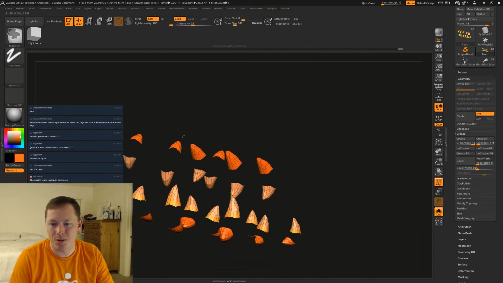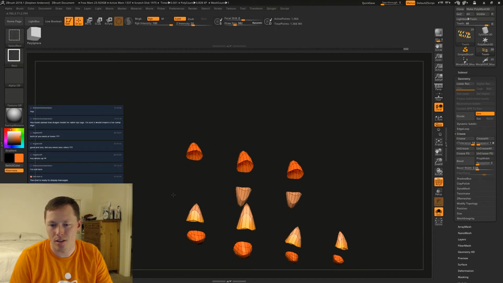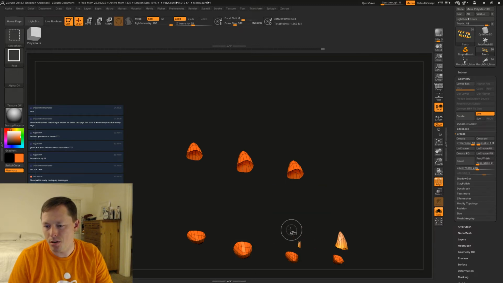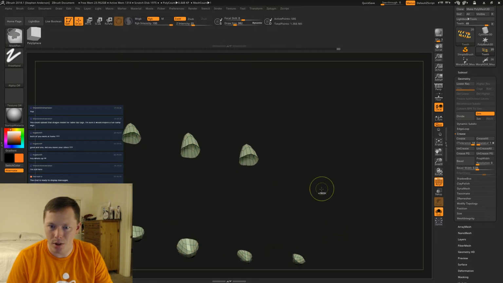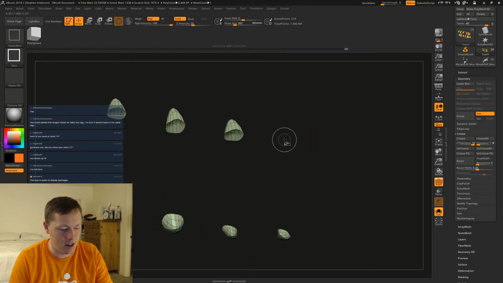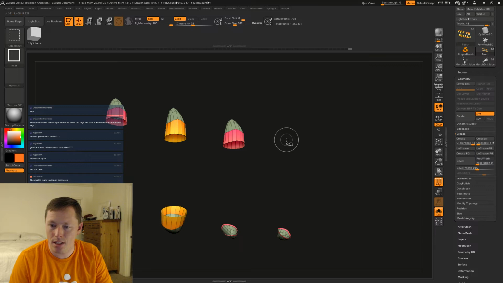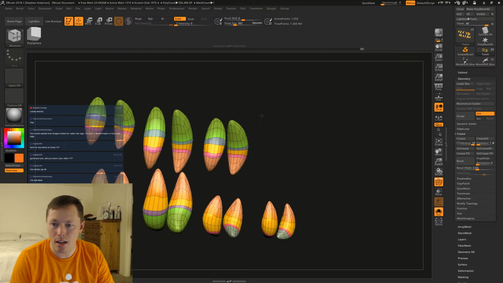Okay, so here's what we're gonna do. Let's get rid of these parts. Assign a new poly group because I don't want to have to keep Control Shift X, Control Shift X. Control W just to make those the same.